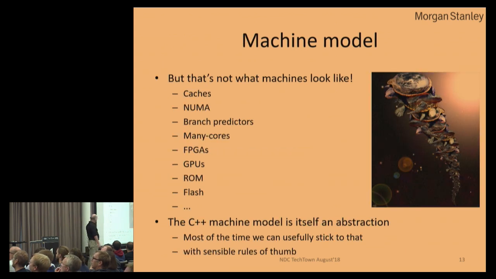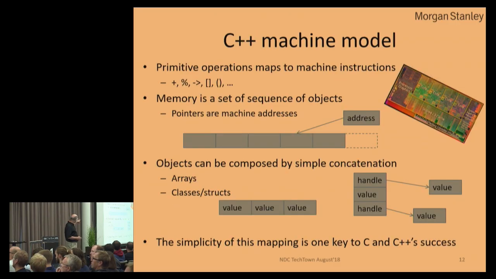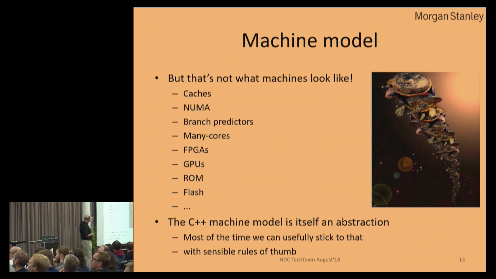There's only a snag here. That's not what a machine looks like. Machines are much more complicated than that. You know, they also were when Dennis came up with this. So this is an abstraction of the machine. This is something that allows us to think about the machine. It's something that allows compilers to generate code for that model. It's something that allows optimizers to generate good code from it. And if we have to explicitly deal with all of these things, things get complicated. So we want to hide as much of it as possible. And the C++ machine model, therefore, is an abstraction itself.